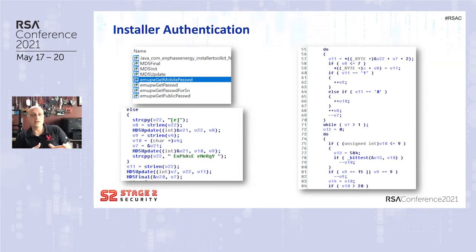So this function right here initially just shows me how their password is generated. And as long as I know the serial number, I can compute the installer password for any device. Now, I'm going to just shelve that for right now, because we'll see that this is a systematic issue with this vendor, and not just this vendor, but a lot of vendors, where they do their own thing in creating a password or crypto, and it ends up hurting them in the end. So we'll get back to this issue.